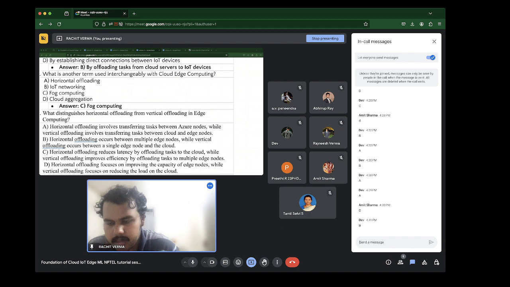D: Horizontal offloading focuses on improving the capacity of edge nodes, while vertical offloading focuses on reducing the load on the cloud. Any responses?